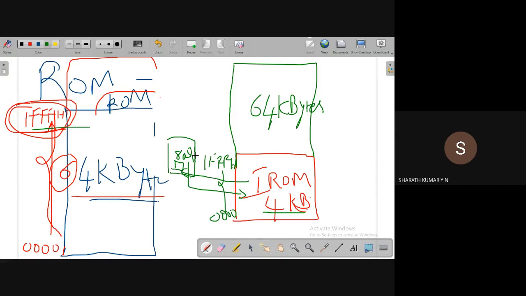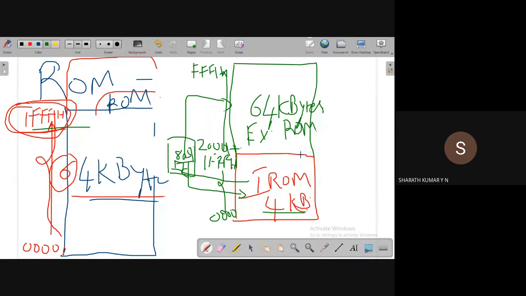If the address is above this, starting from 2000H up to the last location FFFFH, then the microcontroller will automatically jump to external ROM space.